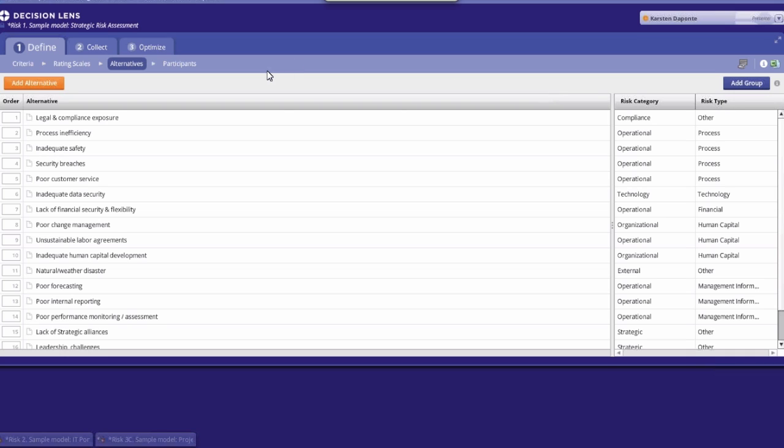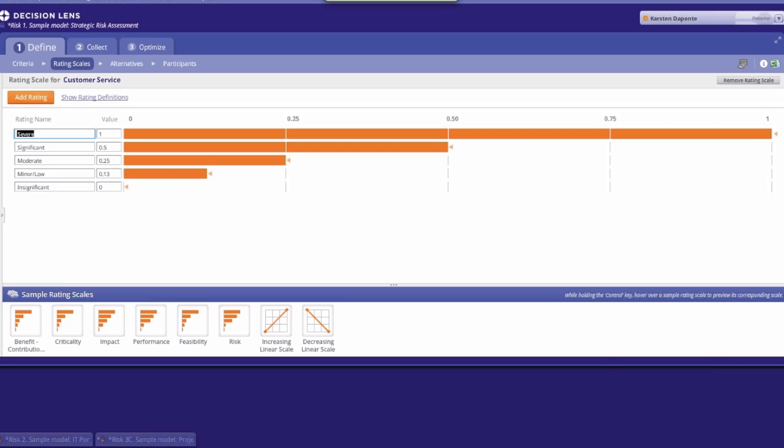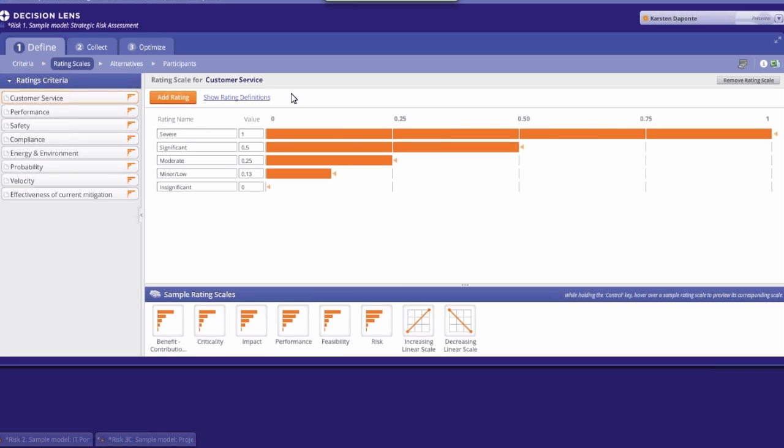The final building blocks for this model are the rating scales, the measure of high to low score against each of the criteria that we've mentioned. Since the purpose of the model is to ensure that the highest risks rise to the top, the rating scales represent factors contributing to high overall risk as the high score. Take the example of customer service. This criterion relates to the impact that each of the 18 strategic risks would have to the organization's customer service. A specific rating scale is therefore developed,